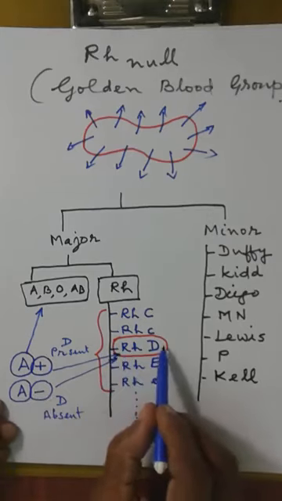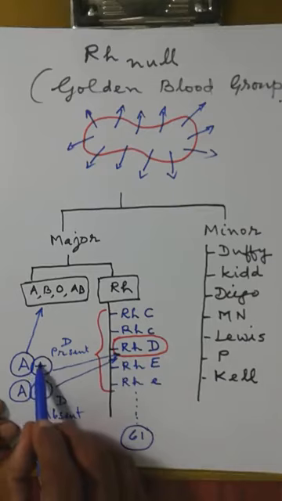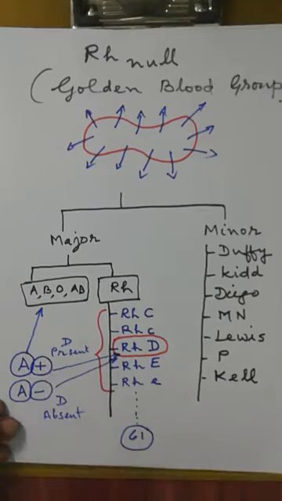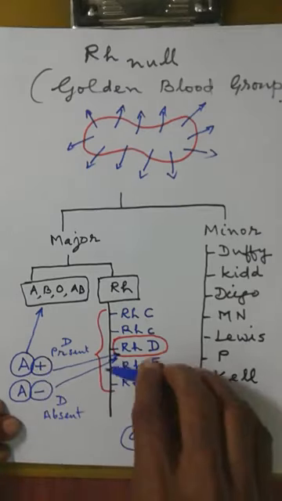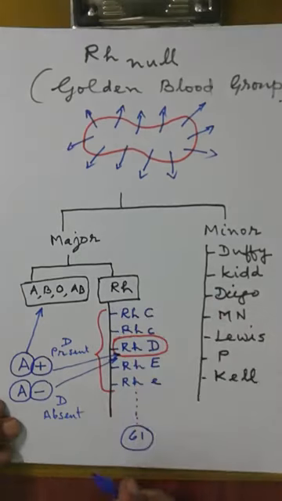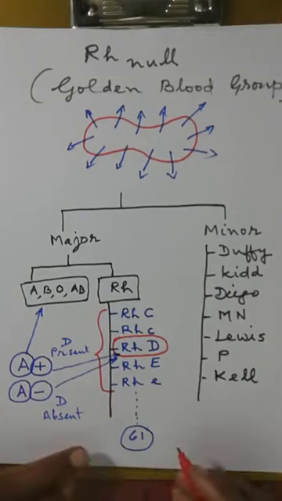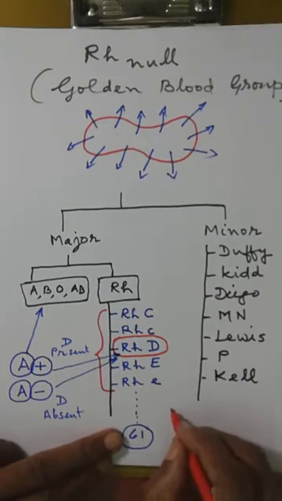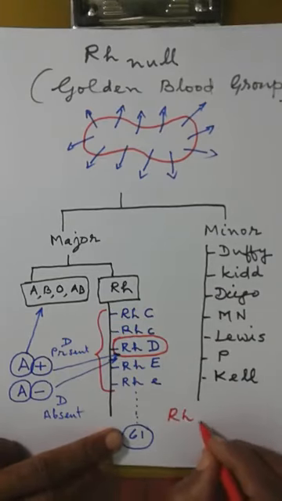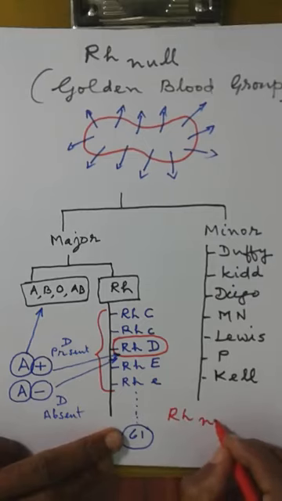If RHD is present, we will give plus. At that time, we will not consider the other factors. So for RH null,